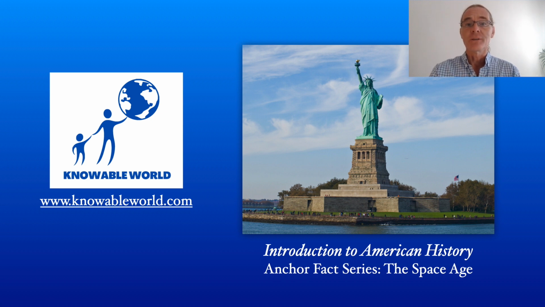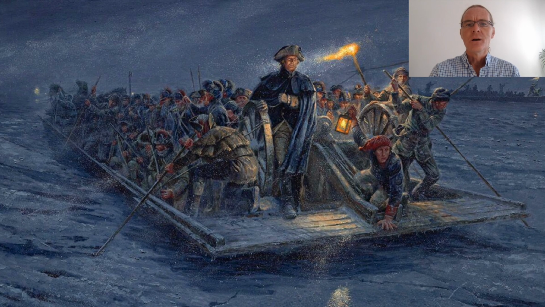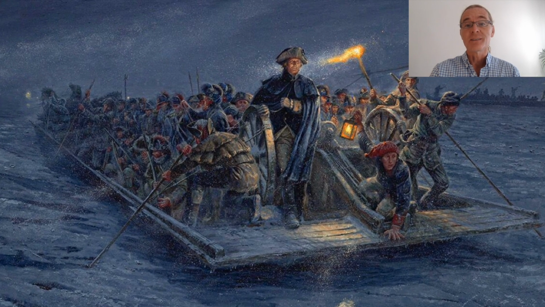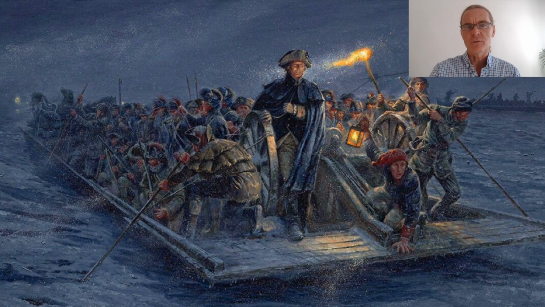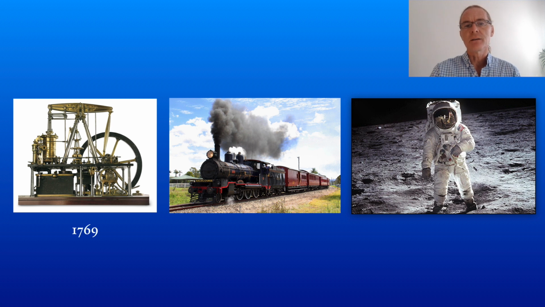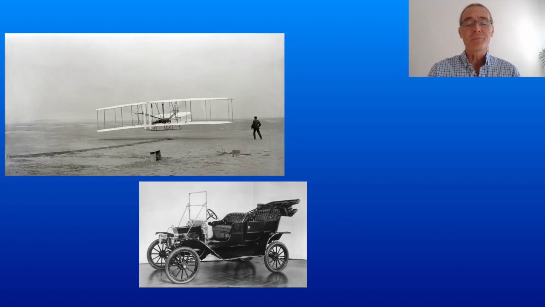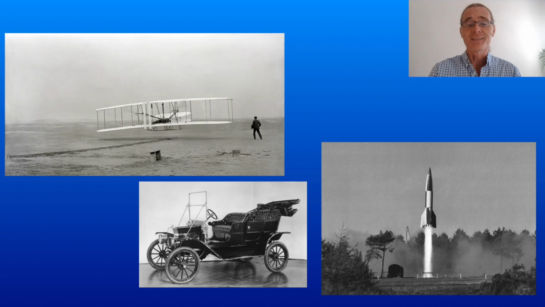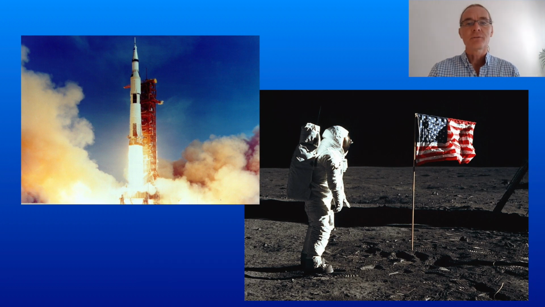We now return to the history of technology. So far we saw in mini lesson 6, when America was born in 1776, it was a pre-industrial society. The age of steam stretched from 1769 until 1869, when the Transcontinental Railroad was completed. But then airplanes and automobiles were invented, and then rockets. And then in 1969, 100 years after the Transcontinental Railroad was completed, American astronauts walked on the moon.